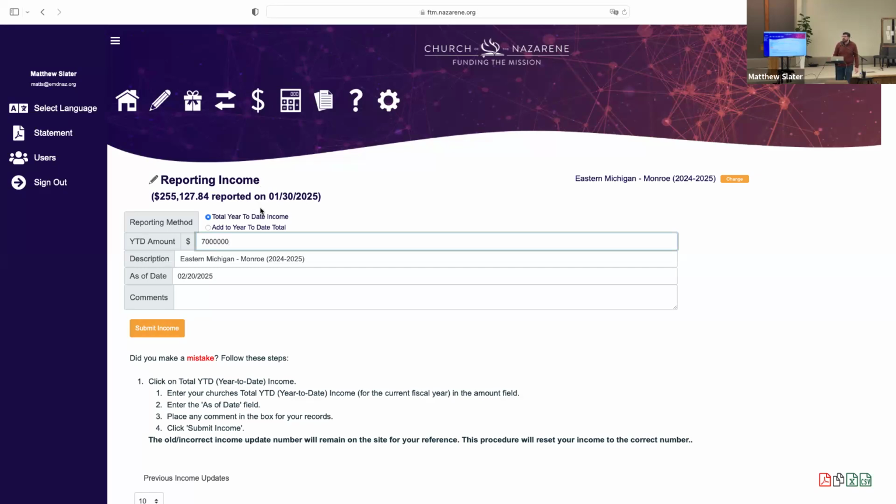Now, if you're a person who is really proactive, maybe you're doing this once a month, and you're just going to add to your total every single month. The second button here is more appropriate. Add to the year-to-date total. And that's, of course, what we will do here next week at the end of our year, because our last bit of offering will come in by next Wednesday locally at Monroe,